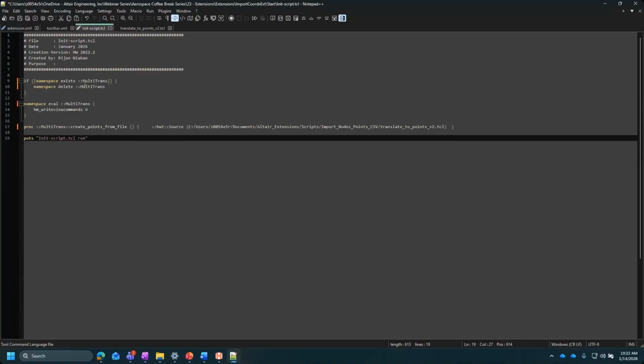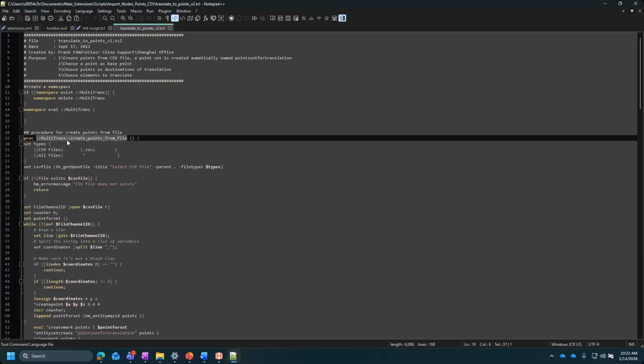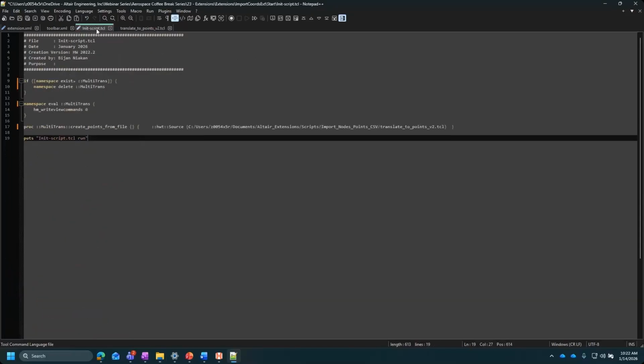Okay, so just coming through here, we're invoking our namespace for our procedure, we're invoking the procedure in the command itself, the main initial command from that TCL. And I should say the extensions also work for Python scripts as well, but in this case, we're just looking at TCL. So that should be, let me make sure I save everything, but that should be all that I need here, really.